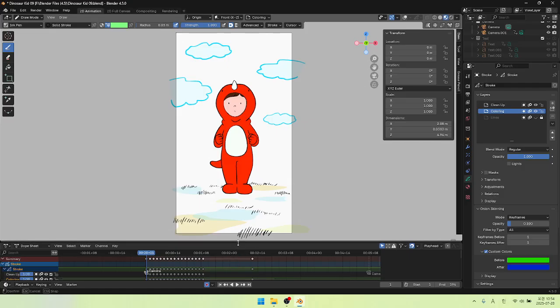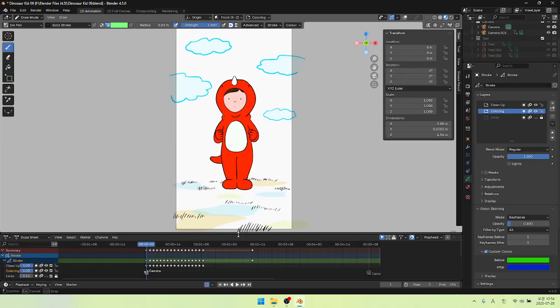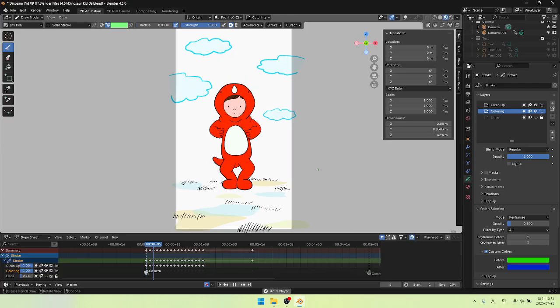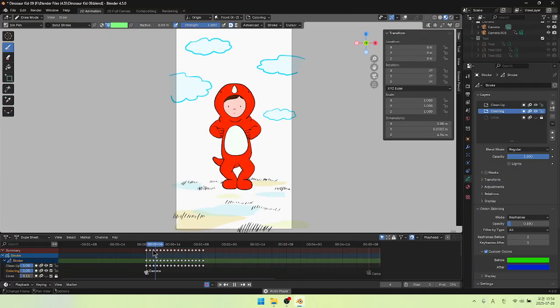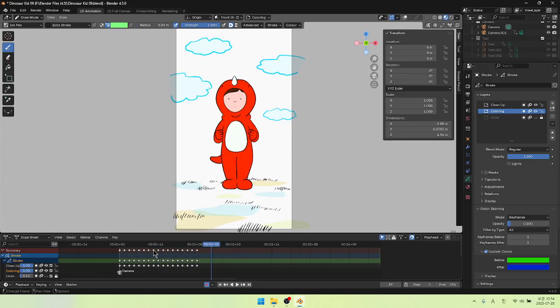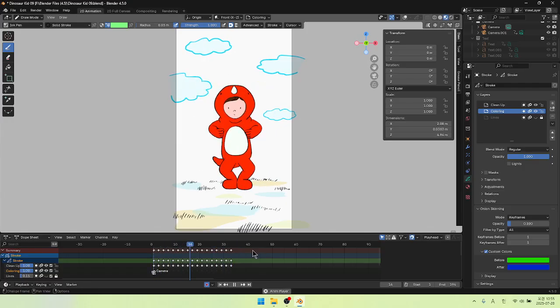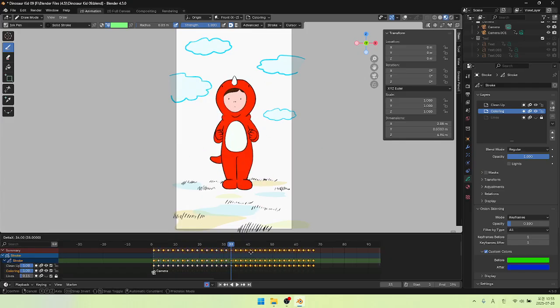So here is the example, and I'm going to play the animation, and you can see the kid is dancing. This is really simple, a kid jumping and dancing for about 33 frames. But if you want to do a looping animation, like this kid continuously dancing,